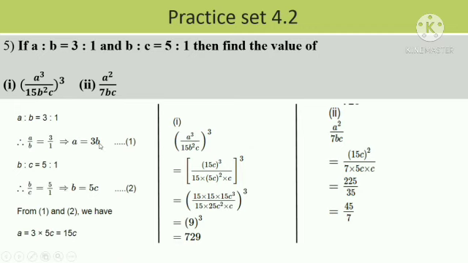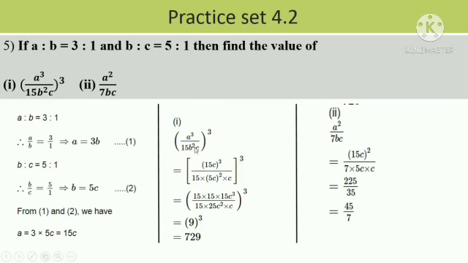Now a is equal to 3b and b is equal to 5c, which means we can substitute the value of b in a. After substituting, instead of b we can write 5c. So 5 threes are 15, which means the value of a we can write as 15c. Why are we doing this? We are converting all the values in terms of c, so we can solve easily. So the value of a is 15c, the value of b is 5c, and the value of c is already c. So let us find now.